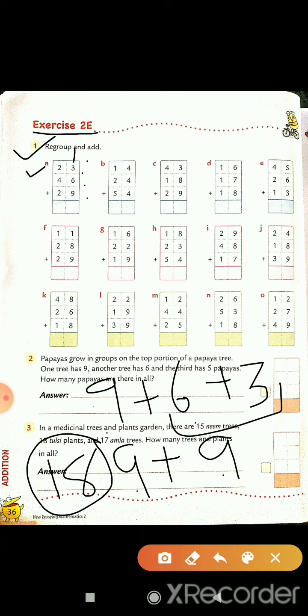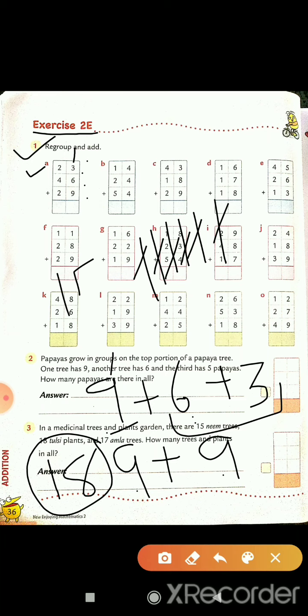Or else you can count and then add like this. 9 is the bigger number, then make 6 lines. 1, 2, 3, 4, 5, 6. So what comes after 9? 10, 11, 12, 13, 14, 15. So our answer is